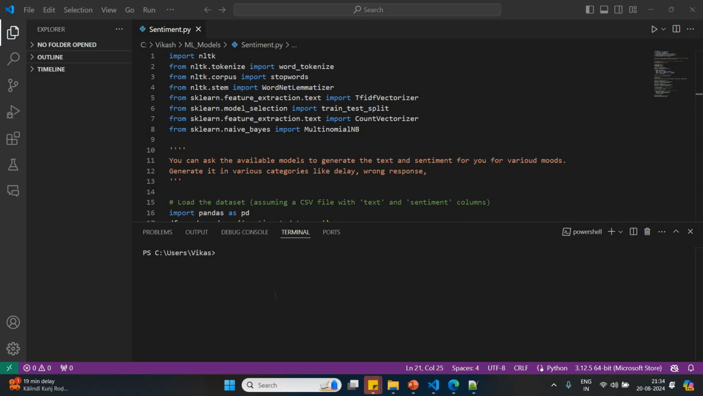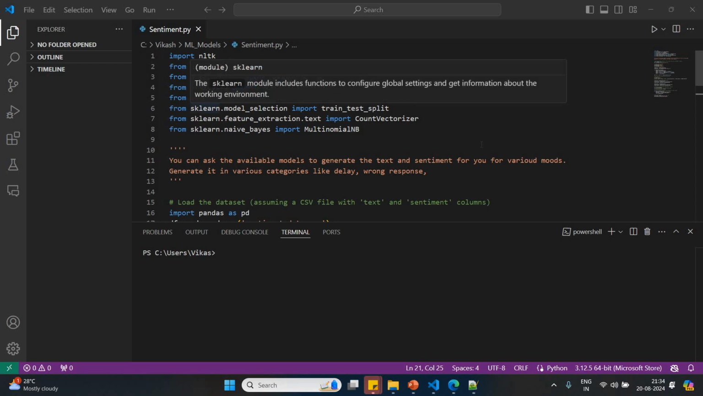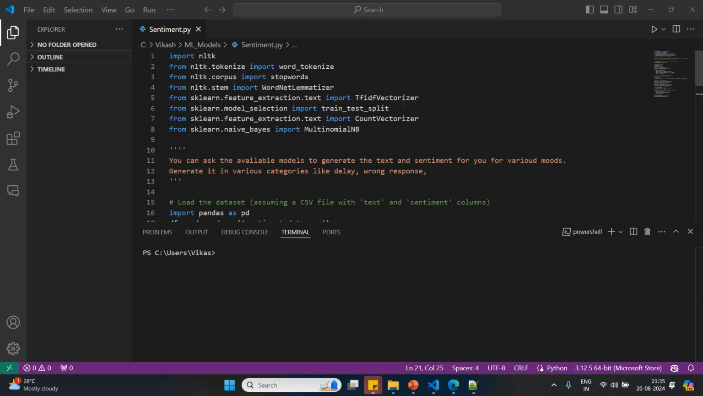Hello and welcome back. In this lecture, we are going to see another package that we have used in our machine learning model. The package has been used from the sklearn library, which is the scikit-learn library, and the name of the package is feature_extraction.text. And we have imported the class